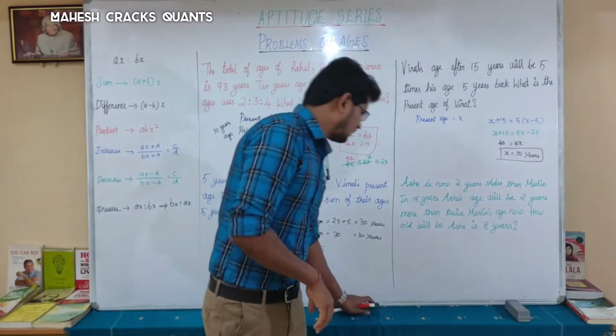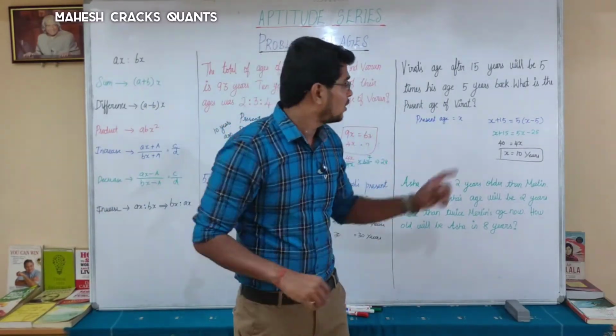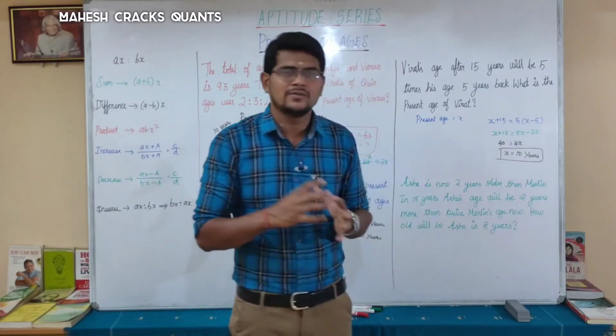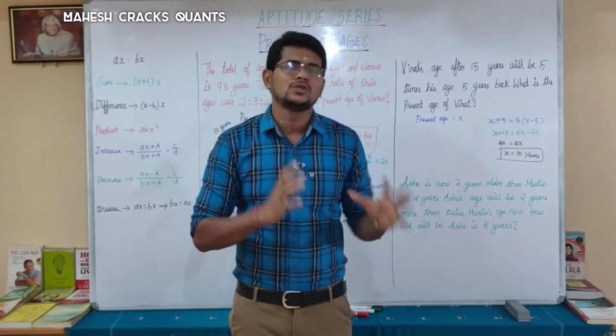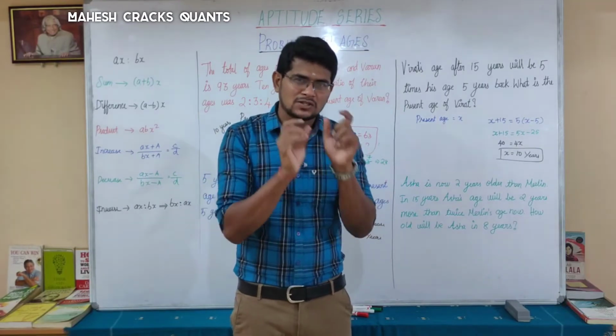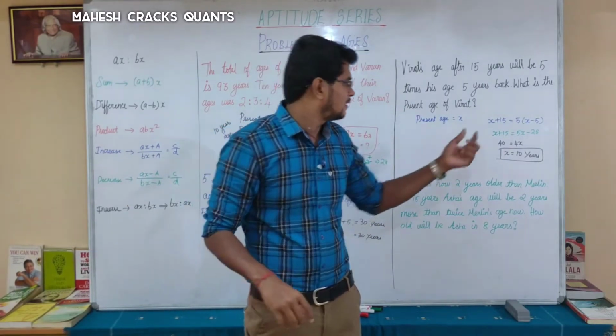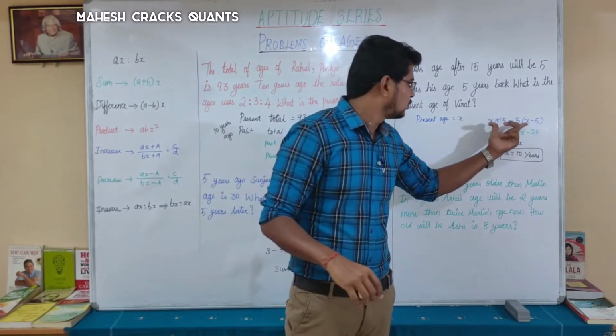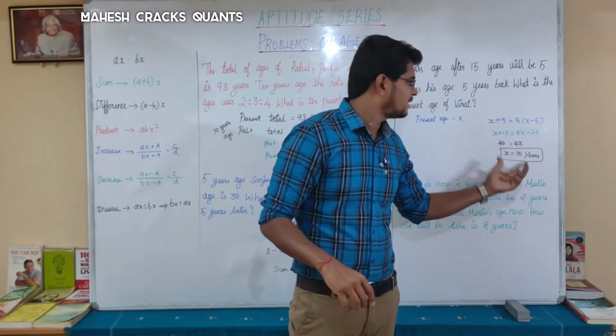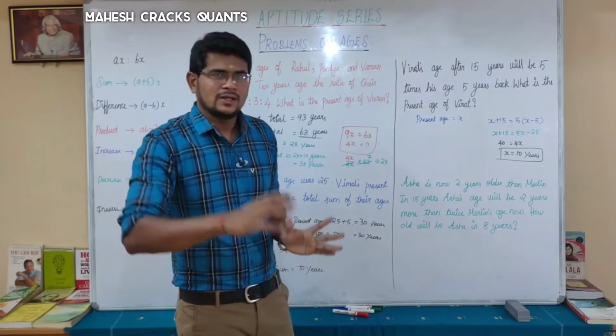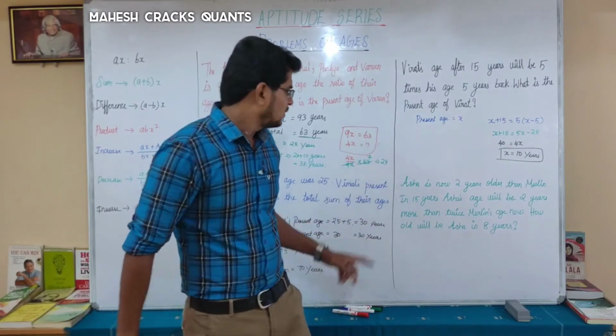First of all, you have to understand the question and you should know how to take and write in the form of x. You have to assume a value. From that assumption, you can write an equation. If you can write this equation, then the answer is in one step. Okay, let's move on to the next question.